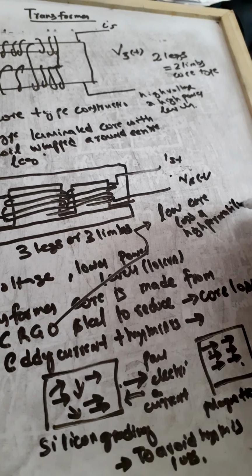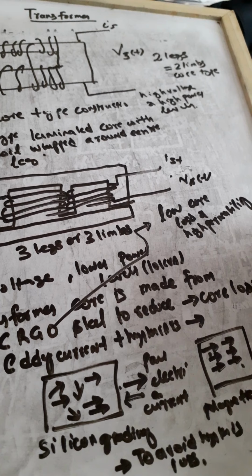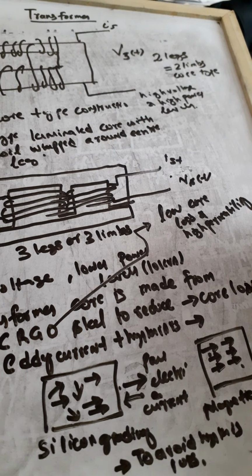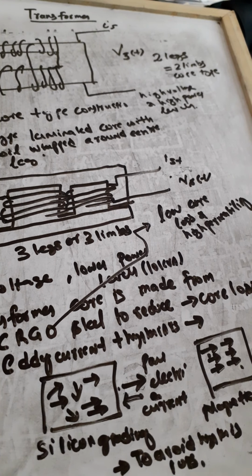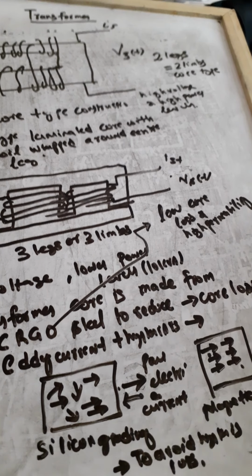So today, for transformers, we have seen the different types of transformers: shell type of transformers and for what application they are used, and core type of transformers and for what application they are used. In iron core transformers, most of the flux is confined to a high permeability core. There is however some flux that leaks through the core legs and non-magnetic material surrounding the core. This flux is called the leakage flux and links one winding and not the other.